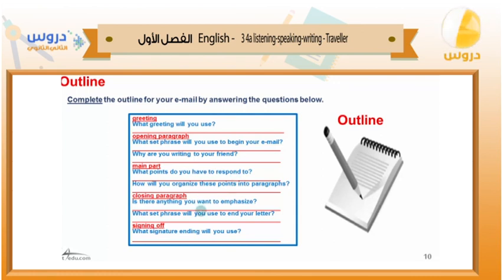And the closing paragraph, is there anything you want to emphasize? So if you want to stress or focus on something, you have to write about it. For example, you may say that you can ask for help from the government or from organizations, or you can start this in your school. This was helpful for me if you do this. So you're trying to emphasize that he could use some organizations that are interested in the environment, or use his school, or maybe ask help from the government.